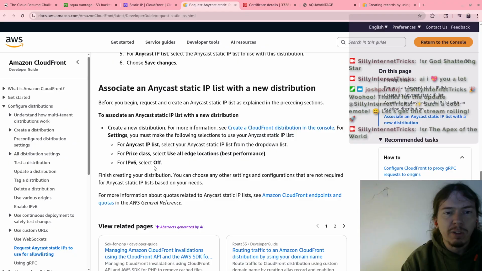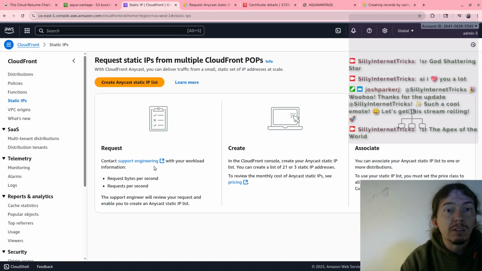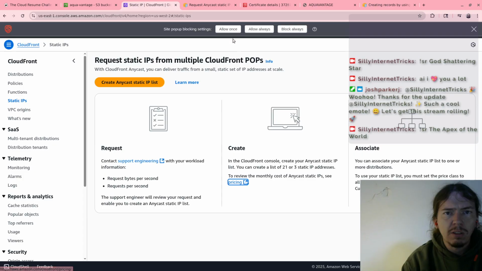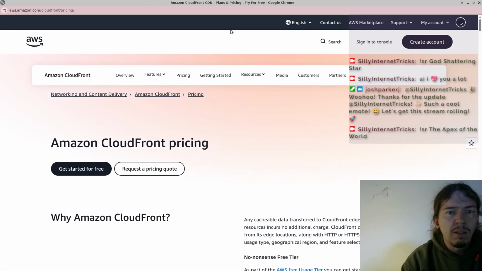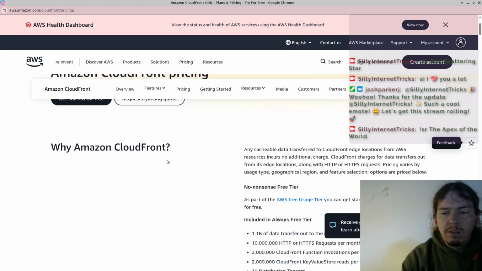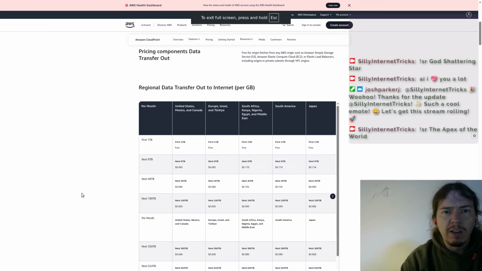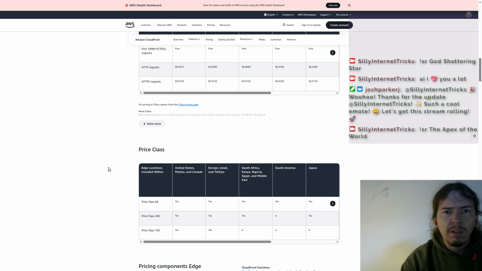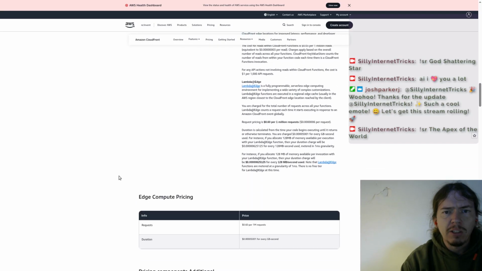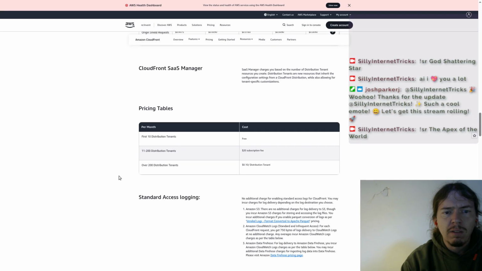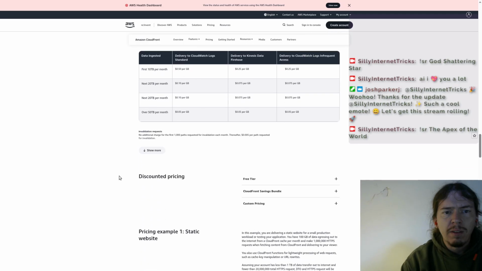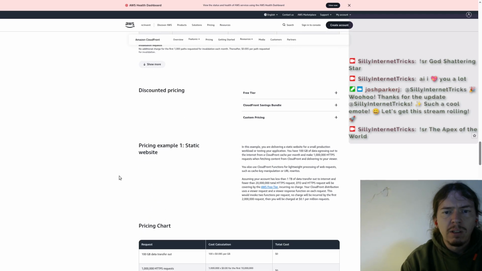What is the charge for this? It just says, okay, to review the monthly cost of any cast static IP, see pricing. Okay. Sorry, I'm just going to try to find it. Data transfer. Price class. Discounted. Static website.